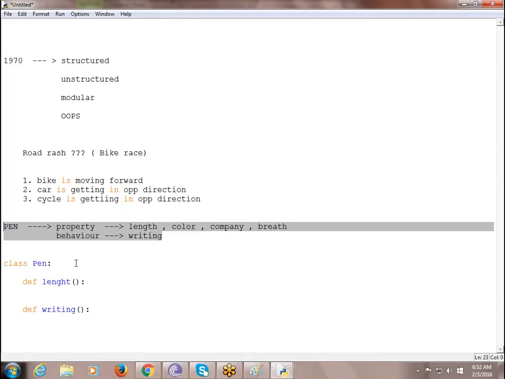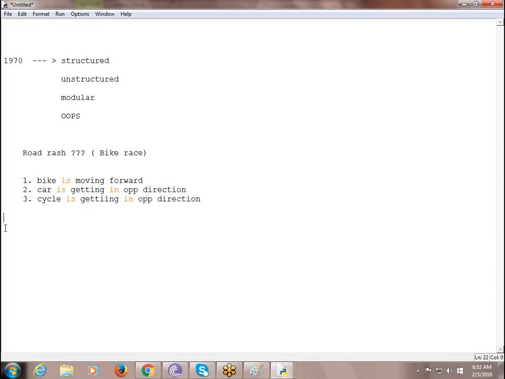Are you clear so far? Yes, we got the reason behind why to take it as an object. So it makes the job easy for developers. Consider anything as an object; for that object there will be properties and behavior. With respect to them, design the application on that particular object. Got it? This is something similar to modular, because it is function oriented. The other thing is code reusability.